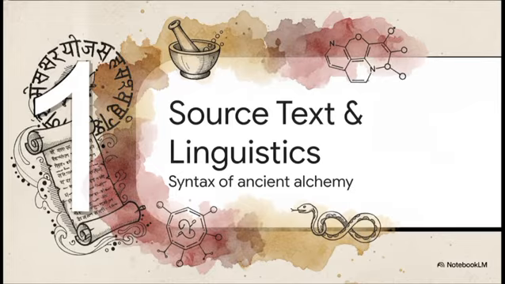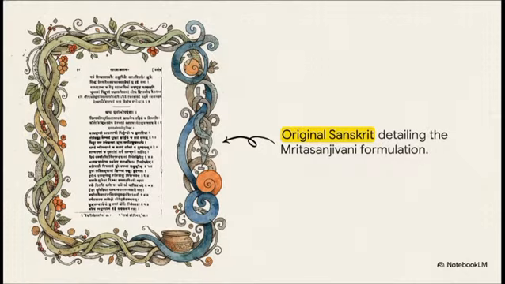Section 1. Source text and linguistics, unearthing the syntax of ancient alchemy. Take a look at this historical folio right here. We're examining the verses from the Rasayankhand that detail an incredibly intricate formulation known as the Mrita Sanjivani Gutika. We're focusing specifically on verse 3, which directly builds upon the botanical foundation laid out in verse 2. This is classical alchemical literature at its absolute finest, where the language itself reflects this really sophisticated blending of earthly